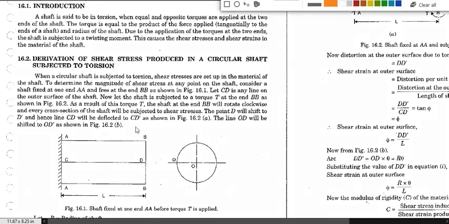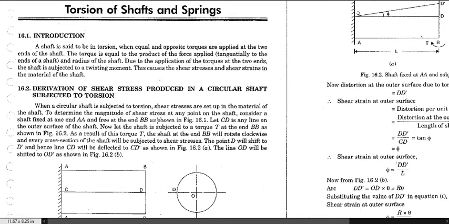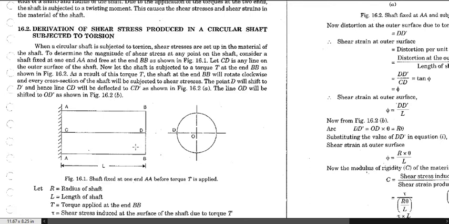When you apply this torque at the outer fiber, let's say we have AB or AD, the force multiplied by this distance will give it a twist, due to which a twisting moment will get induced in such a shaft. So we are going to do an analysis and try to find an equation, also known as the torsional equation, which will give you the relation between the stresses and the modulus of rigidity. As we have seen the bending equation, similarly we will find this torsional equation.